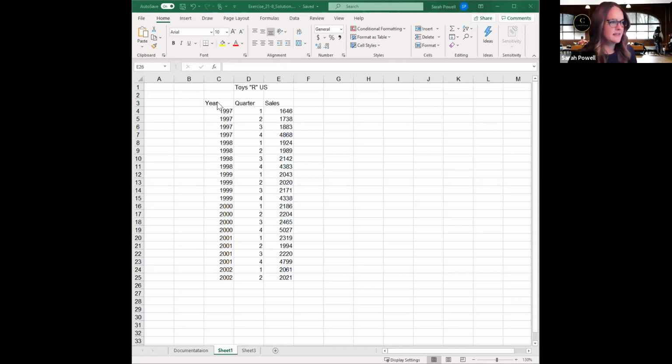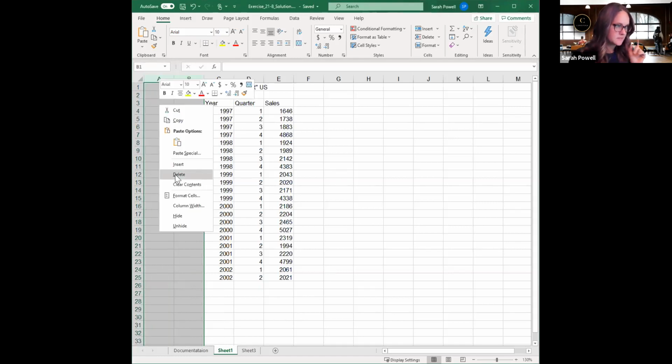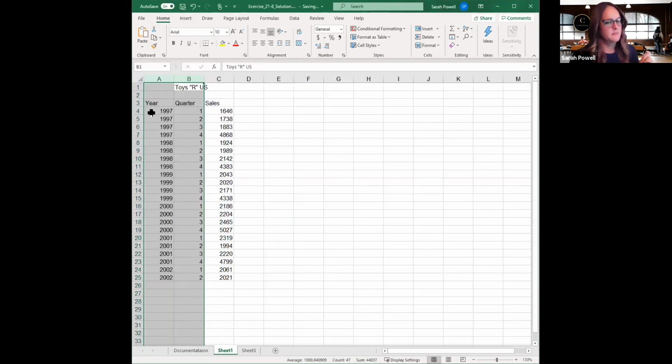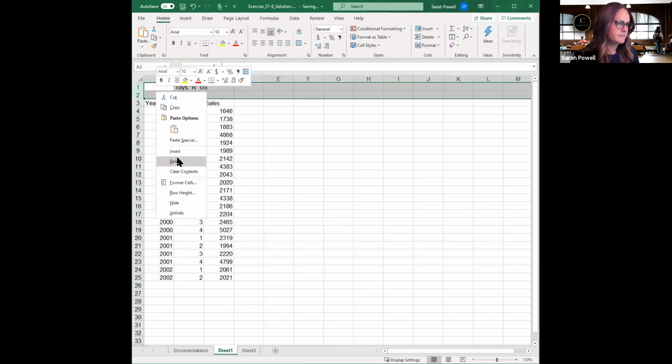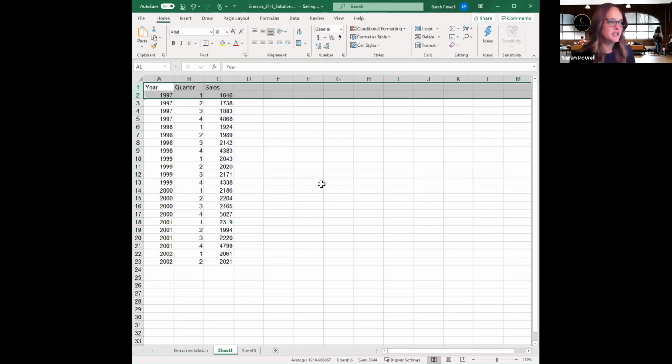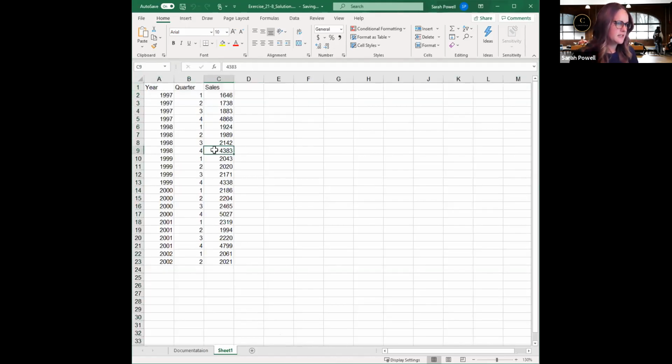As always, we find that this data is sort of floating in the middle of the page. So I am going to get rid of the empty columns and rows so that my data starts in the top left-hand corner. Before I get to work, I should also mention I've created a documentation page and I've named the master file with a name that fits in my file structure. And I'm going to get rid of this empty page, sheet 3. We don't need it. Okay, so here's our data,